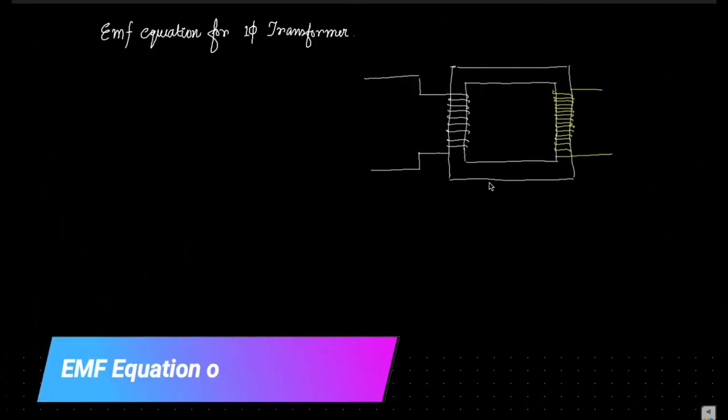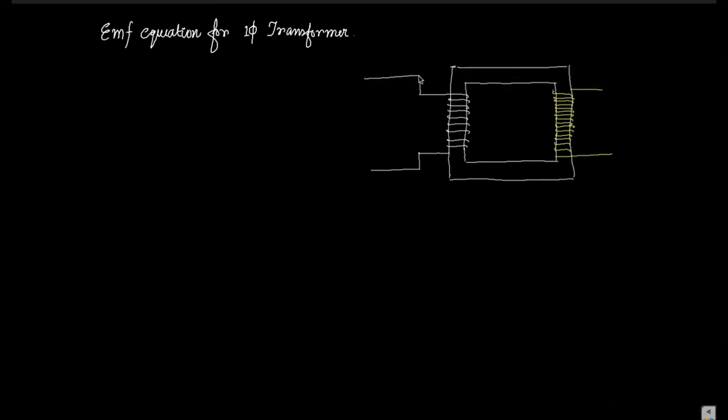This is the transformer core, this is the primary side winding, and this is the secondary winding. Now what we are going to do is connect one AC source, that is the AC voltage source,